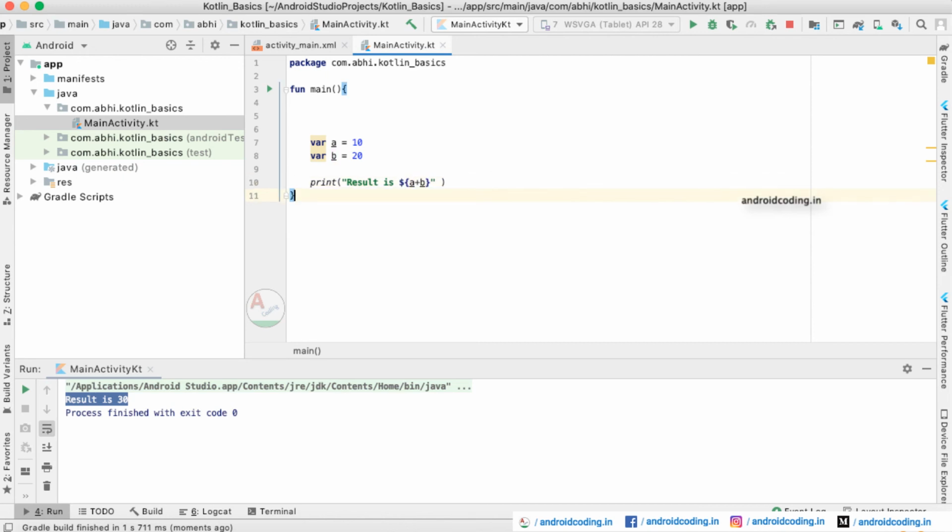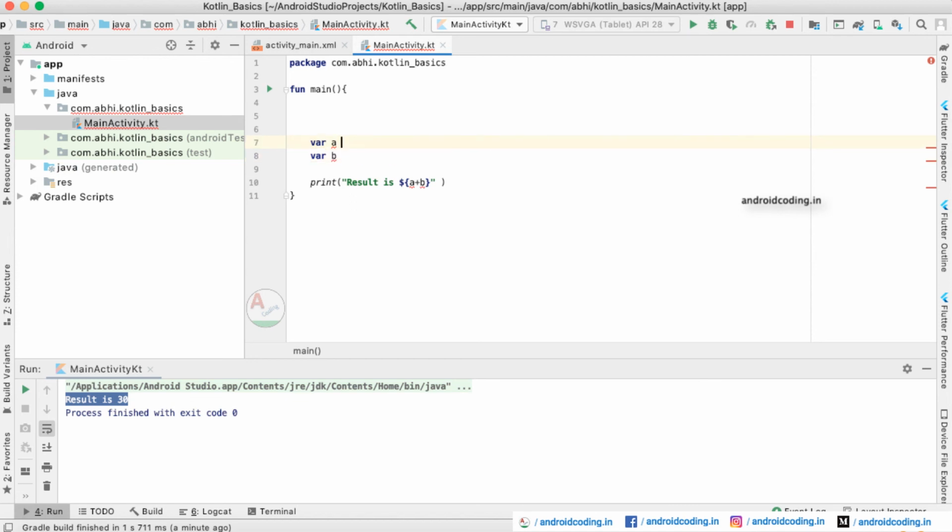So this is it for this tutorial, and in the coming tutorial we will see how we can declare a variable. Here we have declared a variable, but you might be confused about what kind of variable it is. For example, if I have not provided a value here, is it a string, is it an integer?